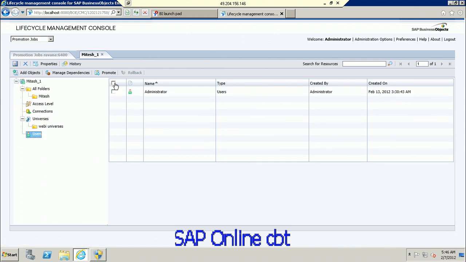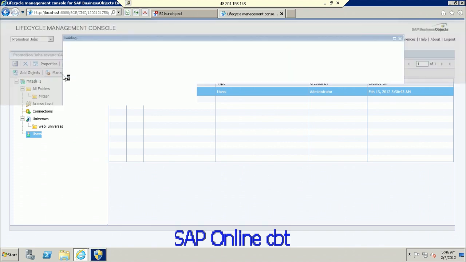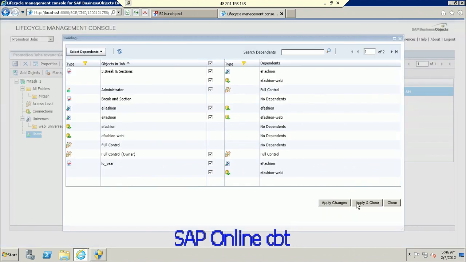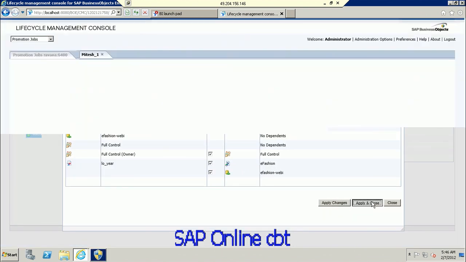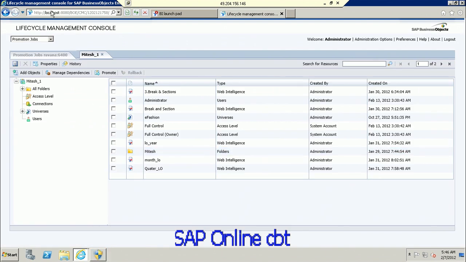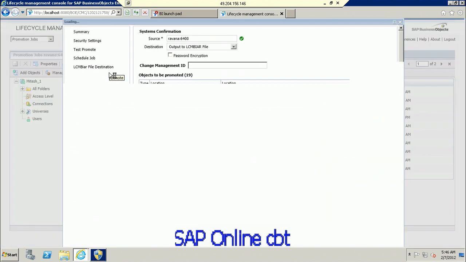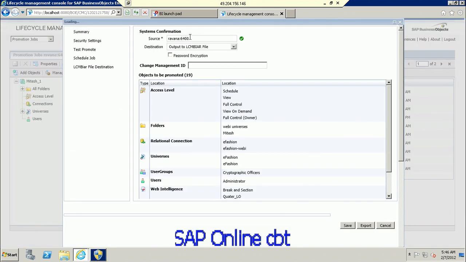Okay, anyway, it's not required to select. Yes, manage dependencies already selected. Apply and close. Okay, now what do we need to do next? We need to select promote. So promote this job. Now guys, you can see the source is Ravana and the destination is the output LCMBA